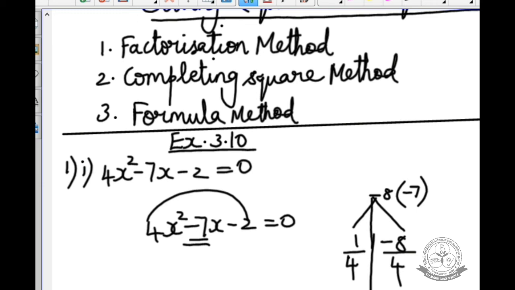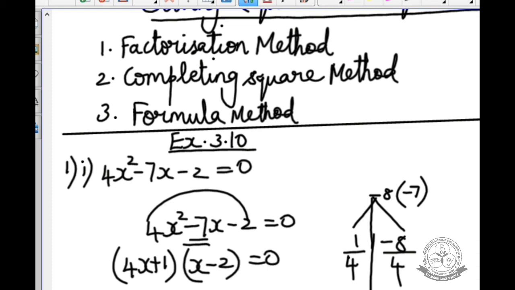that is equal to 1 by 4. Here it is minus 2. Now you have to write the answer. It is in the variable x. So start from the denominator. It is minus 2 by 1. Take the x as the denominator. If you calculate with x in the denominator, it is easy to write the answers. So add x to the number in the denominator. So denominator for the first factor is 4. So 4x comes to the numerator, it is plus 1. So write it as 4x plus 1. In the second factor, denominator is 1, into x, x. Numerator is minus 2, equal to 0.